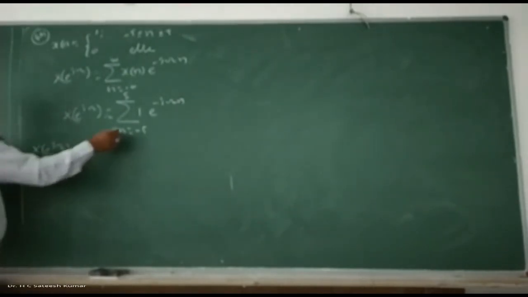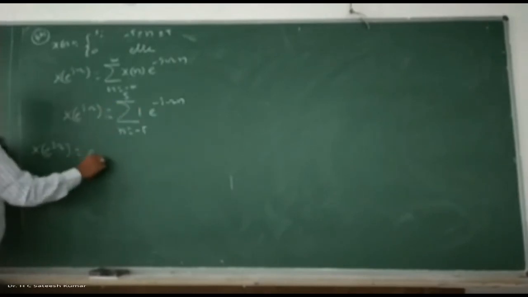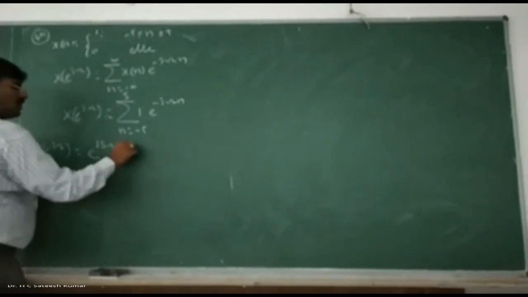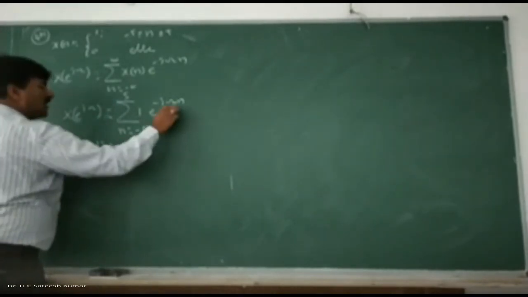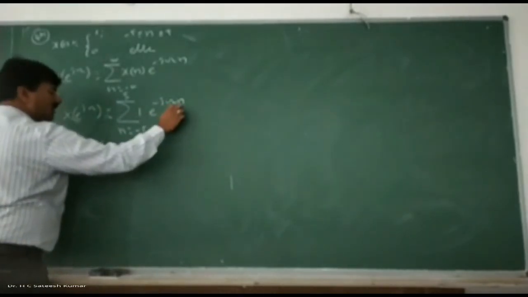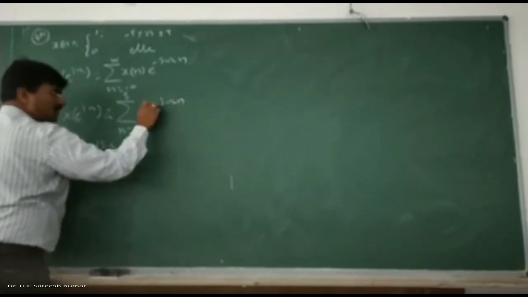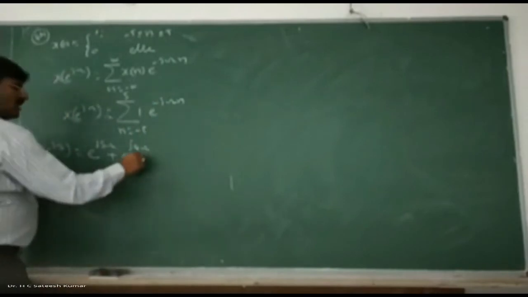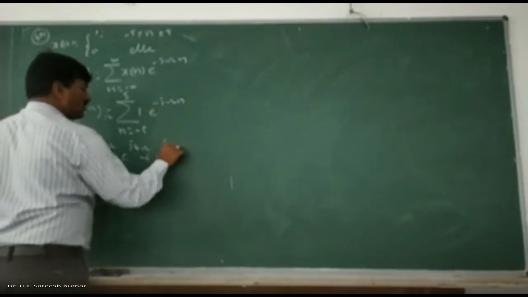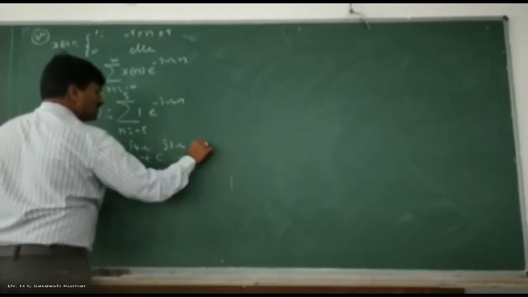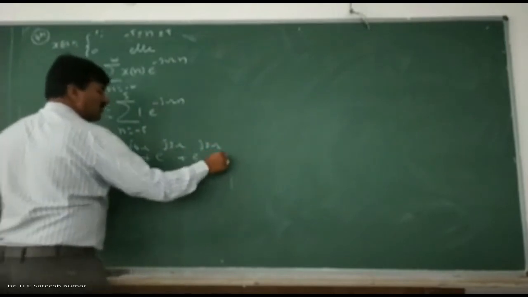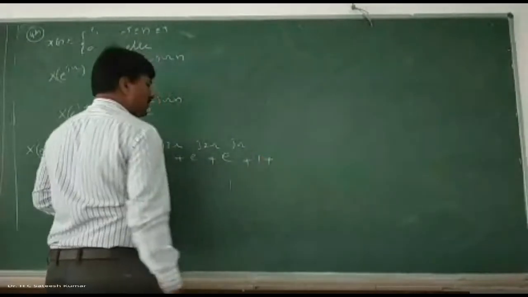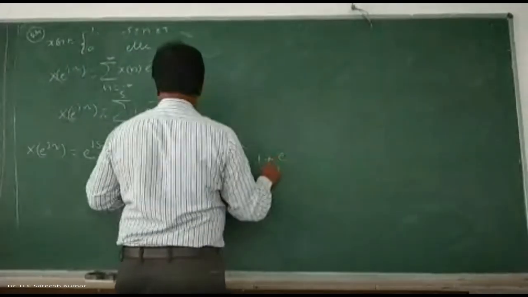First take n equal to minus 5, then you get e to the power of j5 omega, plus e to the power of j4 omega, plus e to the power of j3 omega, plus e to the power of j2 omega, plus e to the power of j omega, plus e to the power of 0, which is 1,